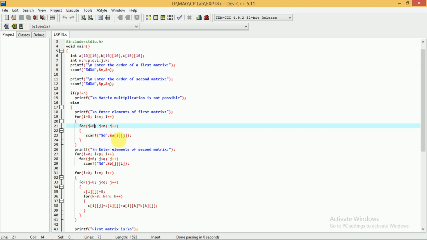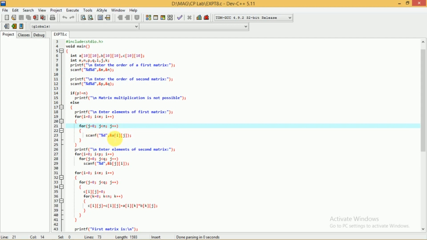Hope you know this. Once this is executed for j equal to 0, it will go back to this for loop, and j will be incremented by 1. It will test this condition. If this condition is true, it will execute this again. So i remains 0, and when j is incremented, j becomes 1.